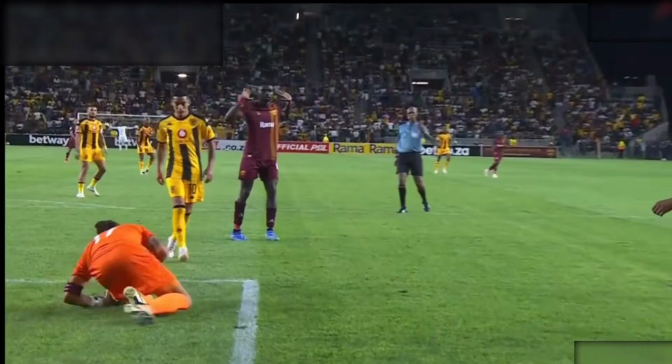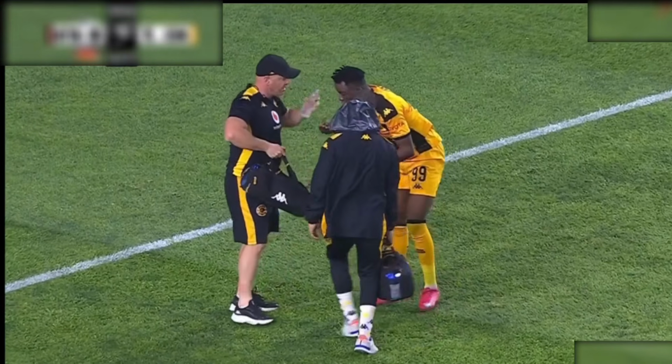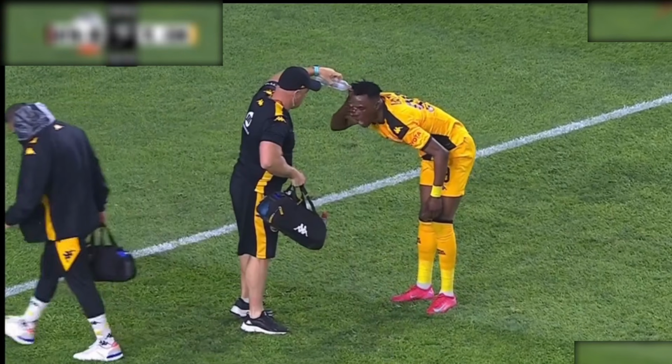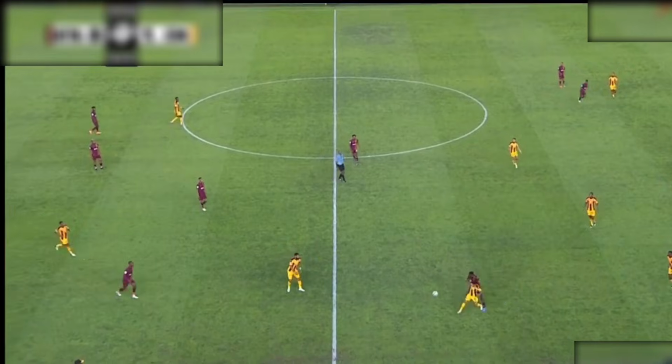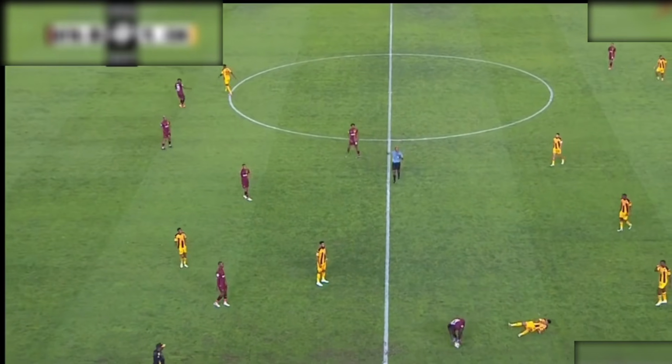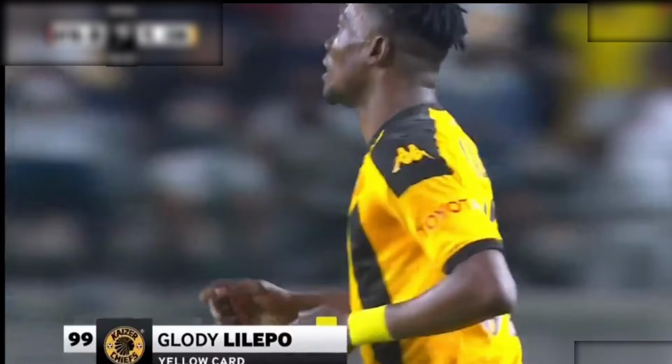Come on, switch on. But the game was physical, because you see, even Gwabo Sirino, there were situations whereby he was getting pushed around, and Lilepo as well, as you can see there, his face, and here Sirino is being pushed around. Mfundo was going to struggle. And Lilepo, guys, you asked for this. I remember after the game, people were saying to me, Mpilo, Lilepo was supposed to be made a number 9 because Ranga didn't give us anything. The problem with that, you forced Lilepo to play out of position, which is what the coach did,